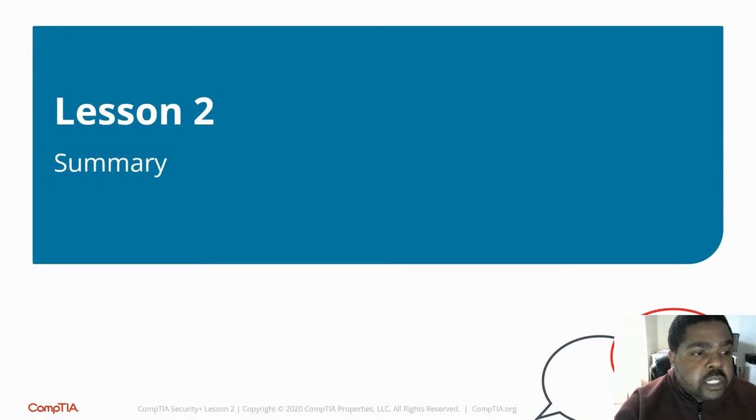So in summary, we went over threat actors, we went over the vectors that they can come in, we went over how we can do some research in order to better arm ourselves against the attacks that they may be placing upon us. So I would definitely go back over and make sure that we dive deeper into the type of procedures that we want to have, the type of due diligence that we need to do within our company